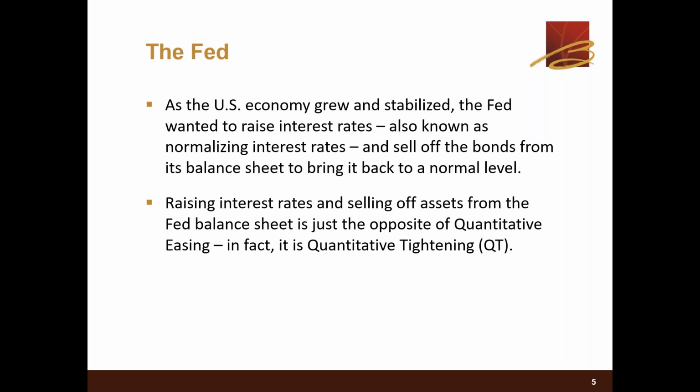Another part of that, as I mentioned about the balance sheet that they built up in buying bonds, they also began to sell off the bonds in their balance sheet, again to bring it back to historically what would be a more normal level. So these two actions, raising interest rates and selling off assets, it's just the opposite of quantitative easing. In fact, it's quantitative tightening, hoping that the strength of the U.S. economy and U.S. businesses would be able to handle